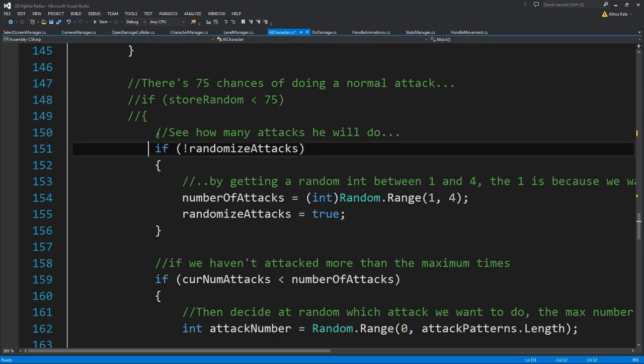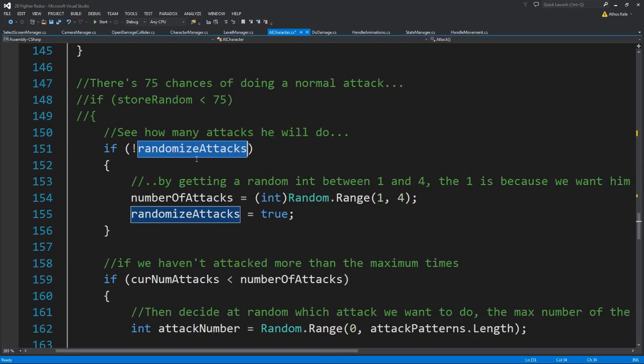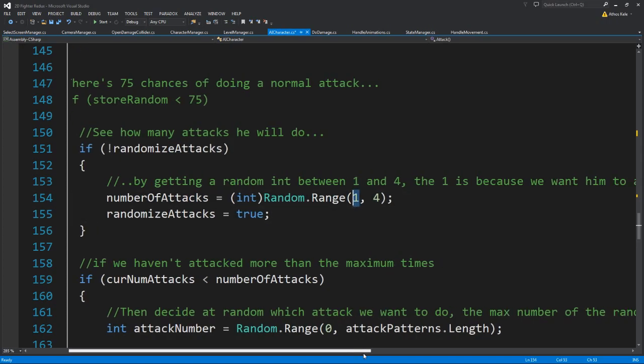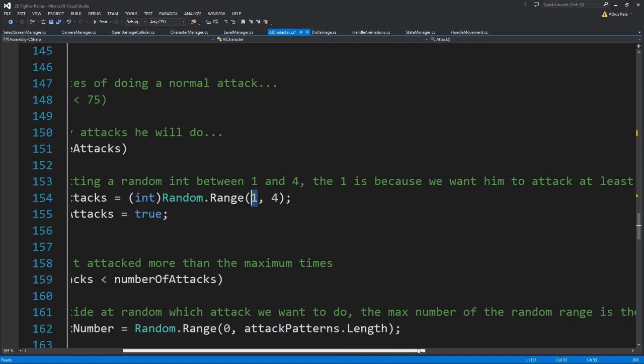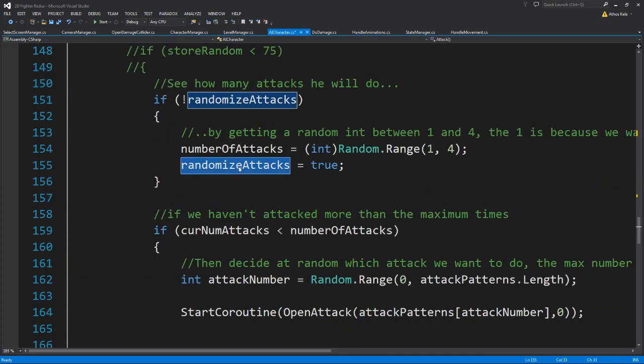So if you haven't yet randomized the attack, we want to know how many times the AI is going to actually attack. We do that by getting a random value between 1 and 4, and we do 1 because we also want him to attack at least once. Okay, so we have stored the randomized attack, and then we say if our current number of attacks is lower than the number we want to attack,